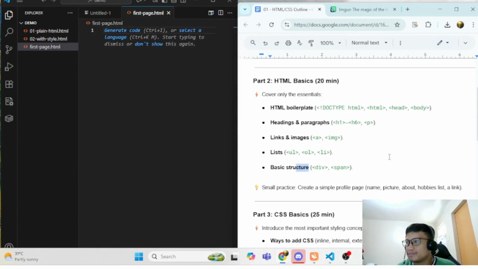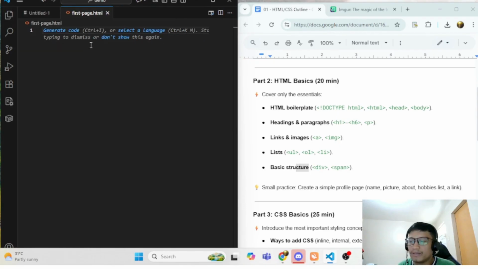All right. So in most cases, when you start as a coder or a programmer, you will have to type it manually. But the good thing is when you already have VS Code, you don't need to. There are shortcuts to make your coding faster. For instance, I'm going to create an HTML boilerplate.